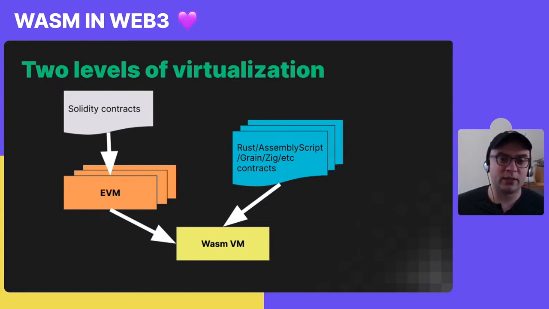And we haven't even piped all of the host functions from the EVM into our host functions. So many of the host functions inside the EVM are actually run in WebAssembly, which makes it quite suboptimal, but it still works. And obviously, Rust, AssemblyScript, Grain, and Zig are all executed as first-class citizens without extra layers of virtualization, directly on our Wasm virtual machine.